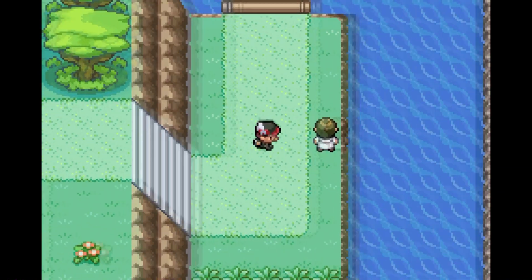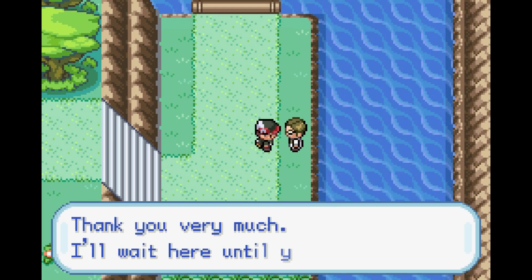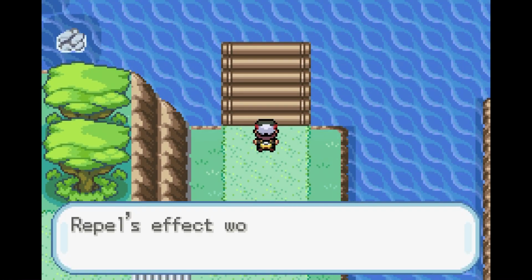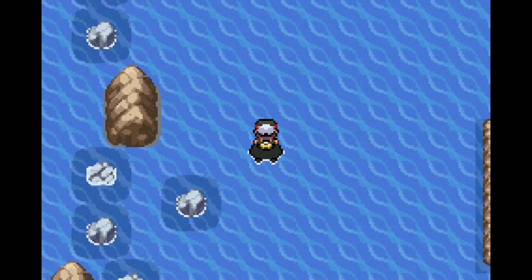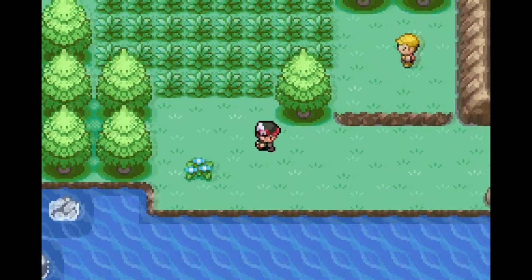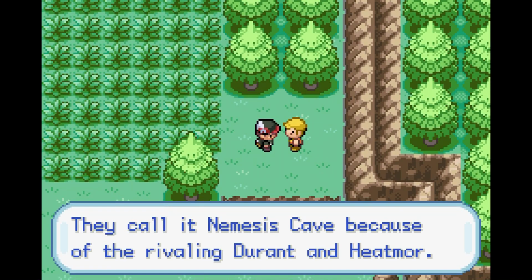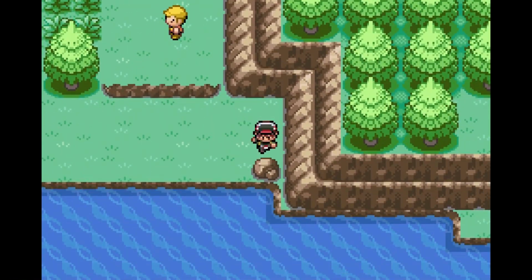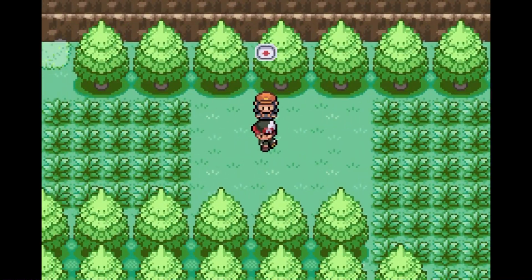I'm gonna talk to this scientist. No, he's not a trainer. But I'd recommend you do talk to him, because that missing item he's talking about is none other than the VS Seeker, which is very useful if you want to level up and actually stand a chance in some of these battles. Anyway, this guy's talking about the Nemesis Cave. Sorry, I thought there was an item in that rock. We got another